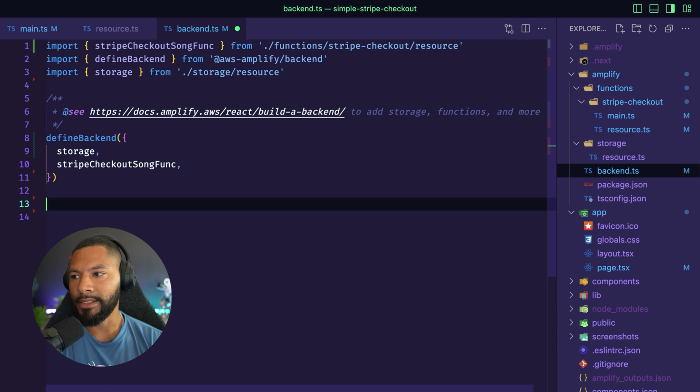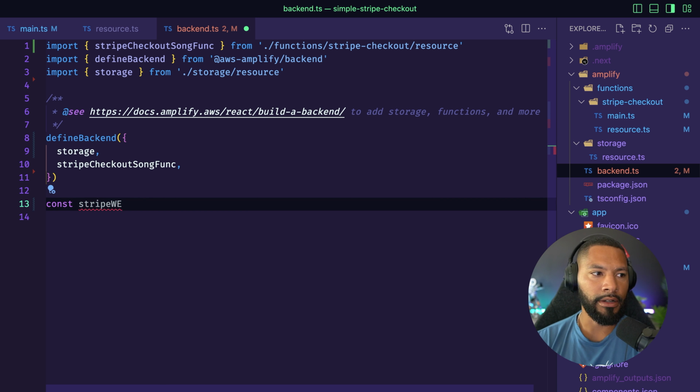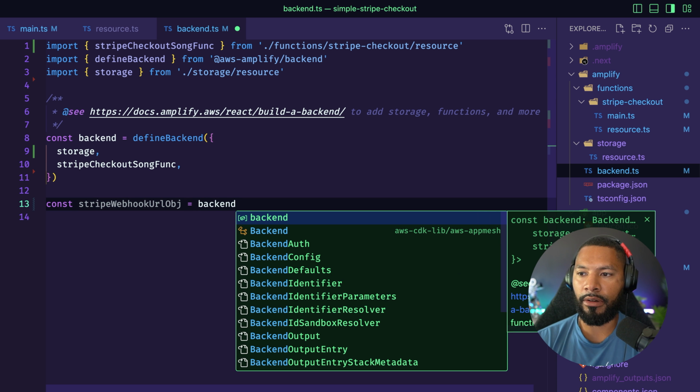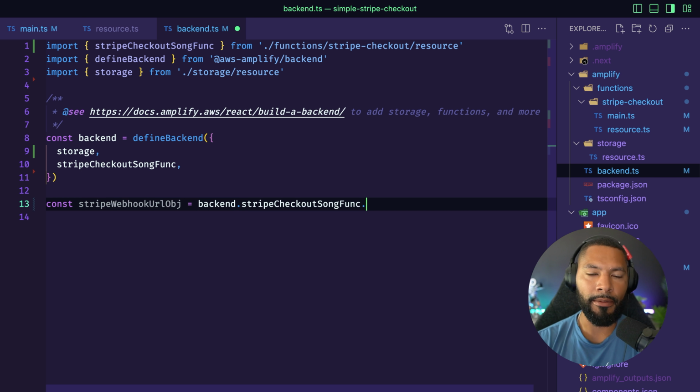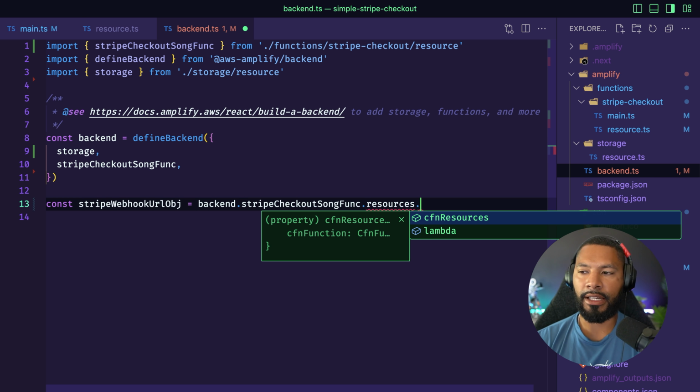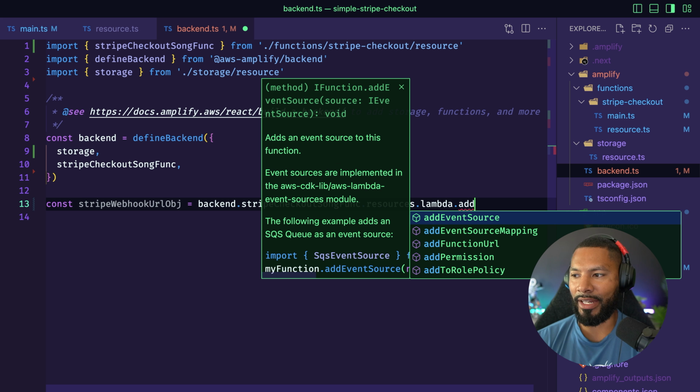We actually do it right inside of here. So I can say const, and then we have our Stripe webhook URL object. So I'm going to call this backend, and we'll set this equal to backend dot. And then now we can say Stripe function, grab that, grab the resources. And then inside of here, we have our Lambda function. And finally, in this Lambda function, we can add